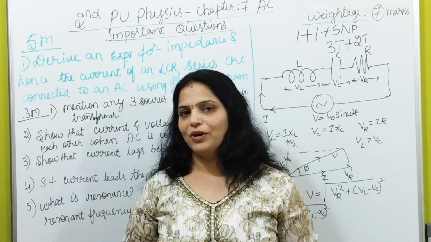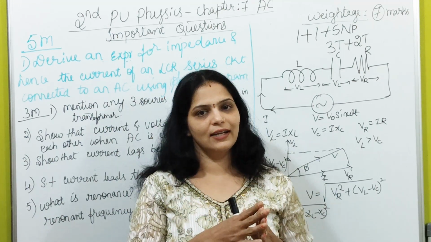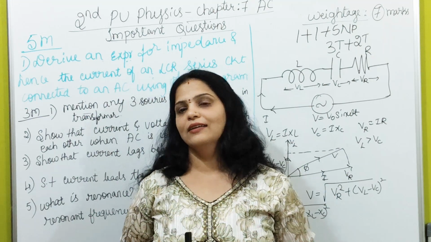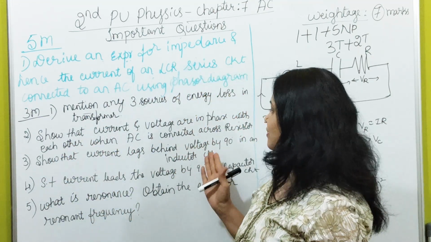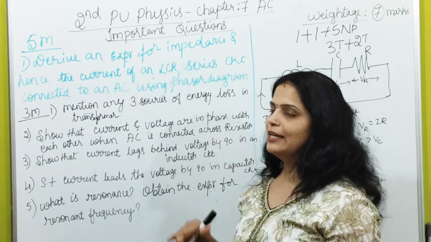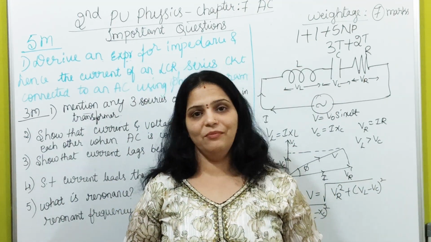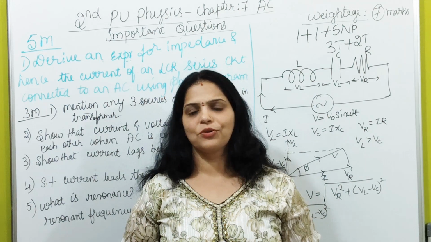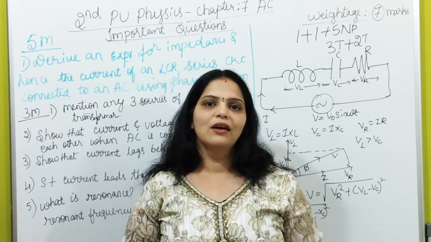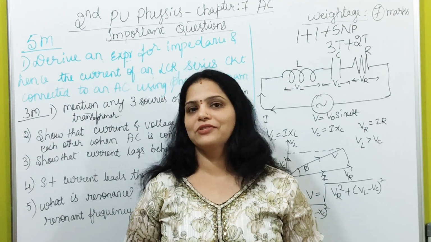So this is one of the important 3 marks questions. Similarly, when AC is connected across an inductor, voltage is leading, arriving at that relation. So current is lagging behind the voltage by 90 degrees. Using the phasor diagram, you have to arrive at that. That is also a 3 marks question. Similarly, capacitor, all the 3 are important. So you cannot say which is very important. So all the 3 are important questions.